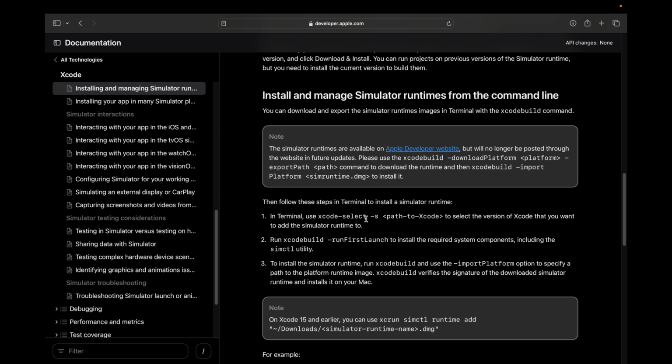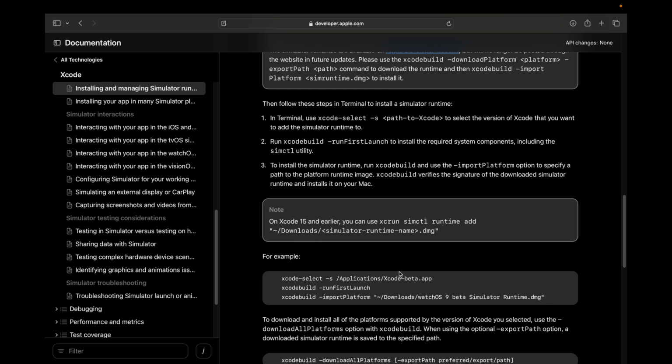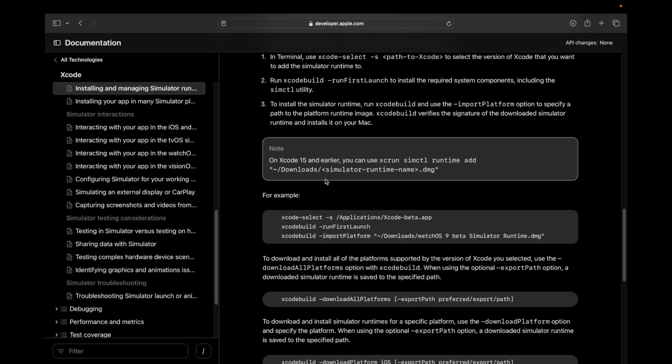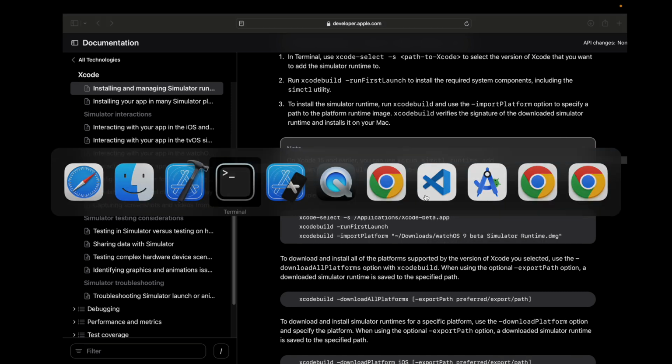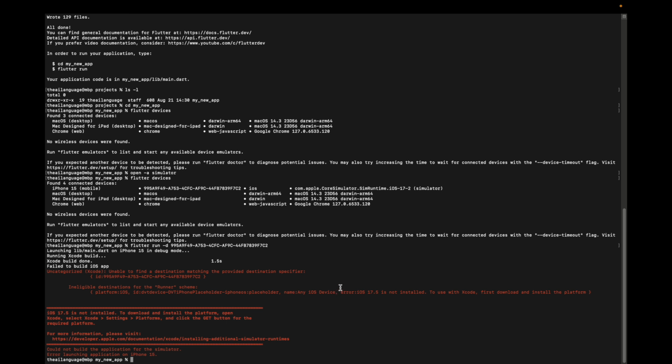We did the xcode-select command. We did the runFirstLaunch command. Now we need to install the simulator runtime. So let's see if we can find the command for this. To install the simulator runtime, run xcodebuild and use the import platform option. So here is the command. You can use xcrun simctl runtime add, and this is the command. I'll copy this command, go to my terminal window, and paste this